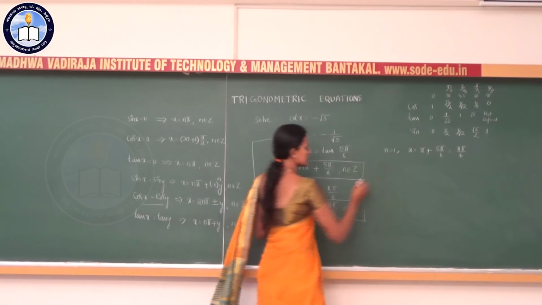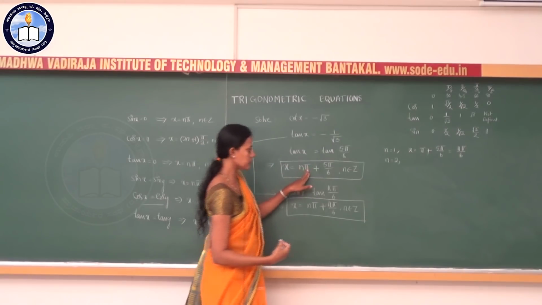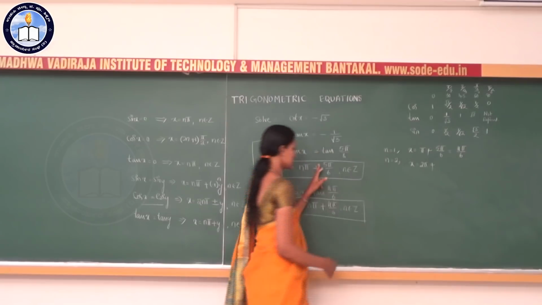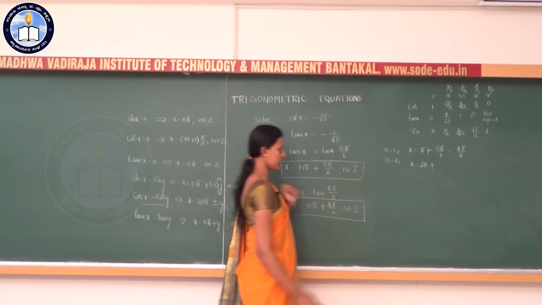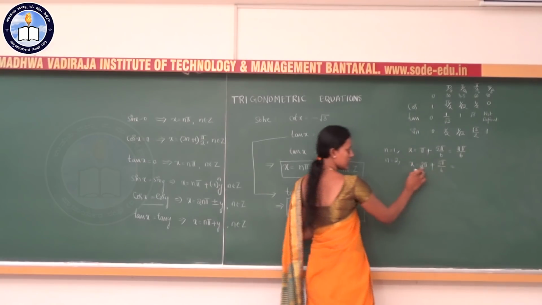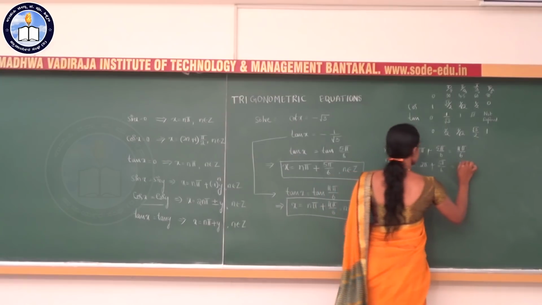If I substitute, say, n is equal to 2, it is 2 into pi. x is equal to 2 pi plus 5 pi by 6, which is 12 pi plus 5 pi,